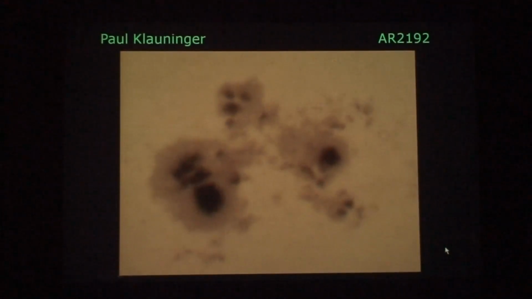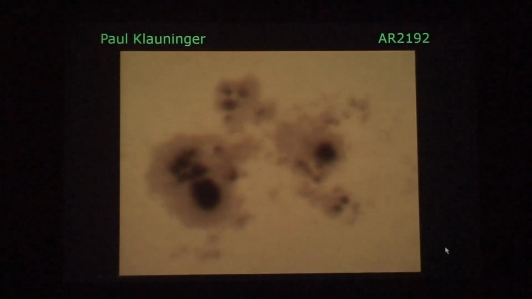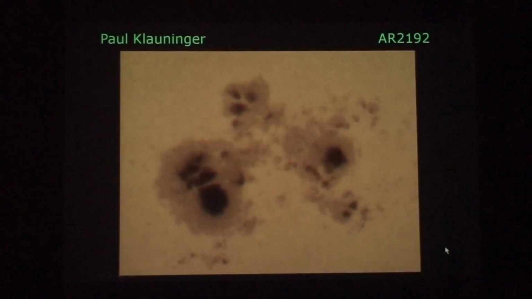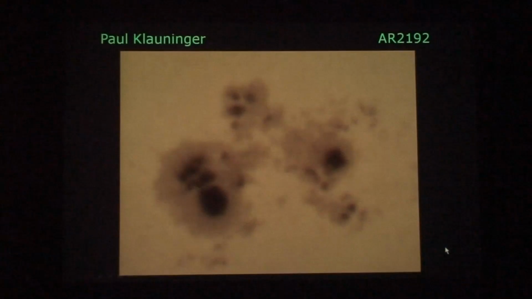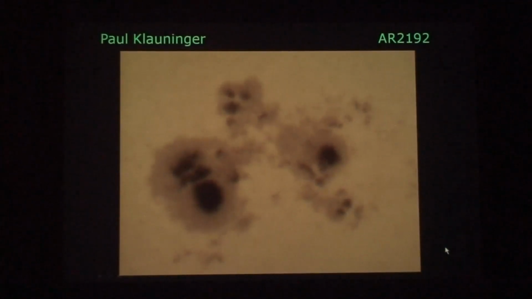So I shot 12 video sequences, a total of about 6,000 frames. And you can see how much it varies from moment to moment in terms of the clarity. If you've ever talked to anybody that does high resolution observing, or if you've seen it yourself, you know what we talk about when we say you get those sweet spots. You get those moments of clarity where things come into sharp focus.